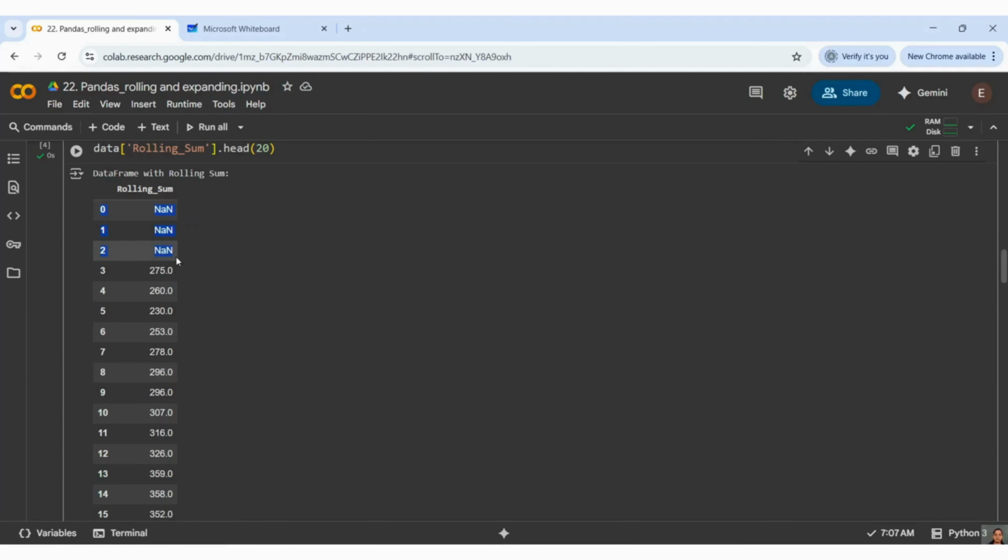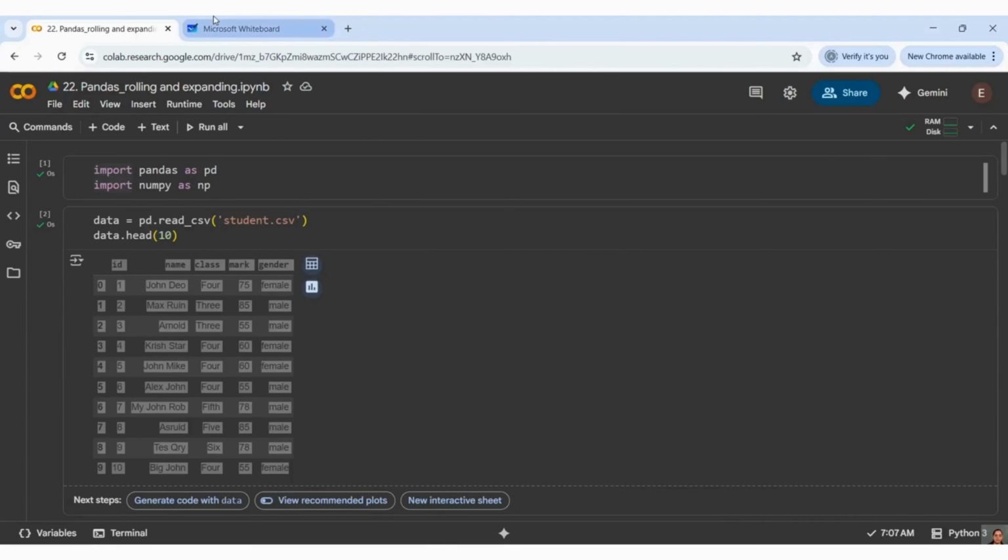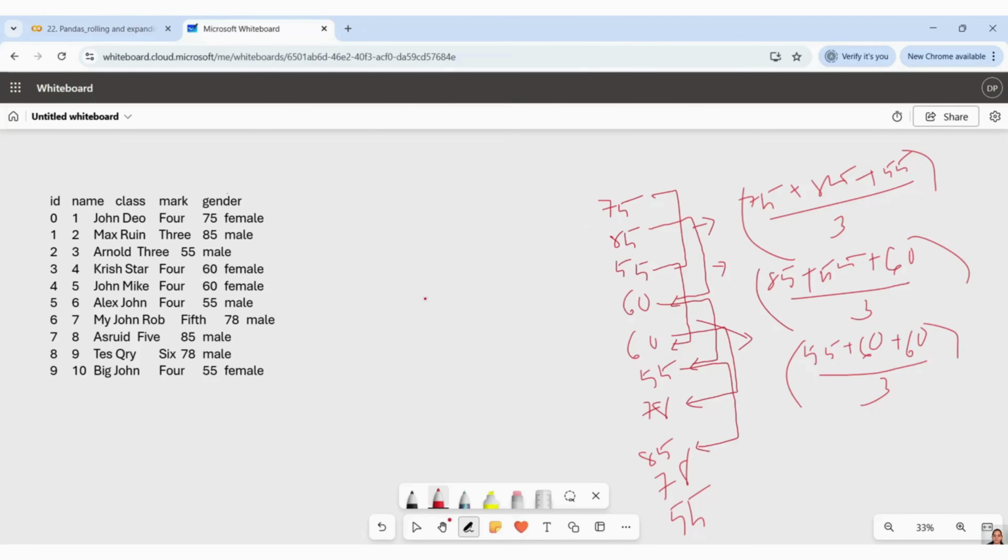Now this data, up to 3, it is not going to give me any output because there are no specific elements to add up, right? Because the window will start at the 4th place. It will not start at the 1st, 2nd or 3rd, right? So you can see it started at the 4th place. Again, let me go to the whiteboard. So here what exactly is happening?